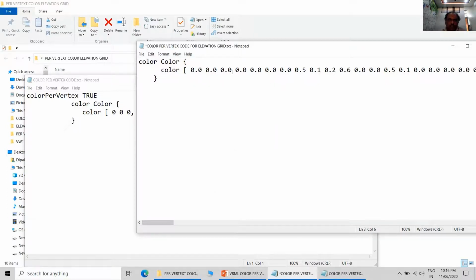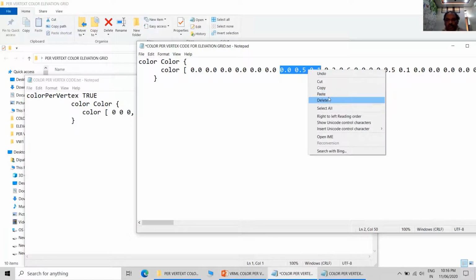You can use replace all for faster modifications. 000 will represent the black color.